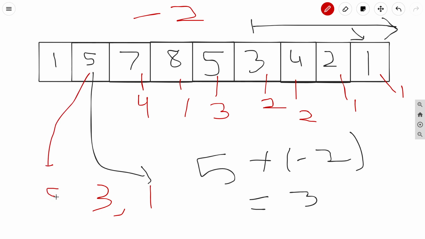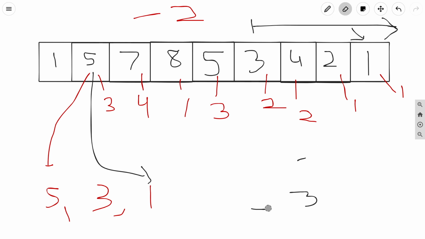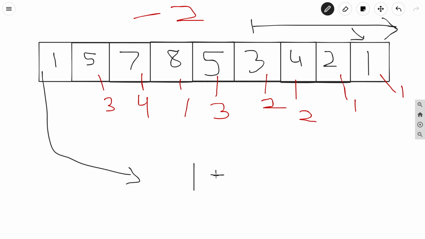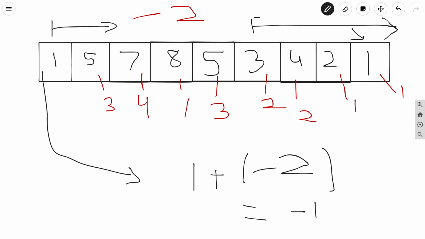So we can just add 5 here, and the length will be nothing but 3. So again we will move in the reverse manner, and we will start on the 0th index. For this, we will check whether there is any index like 1 plus d, so 1 plus minus 2. So we will check whether there is any such element or not. So it is minus 1. You can see that there is no such element after this index. So you can say that 1 can be the arithmetic sequence of length 1.